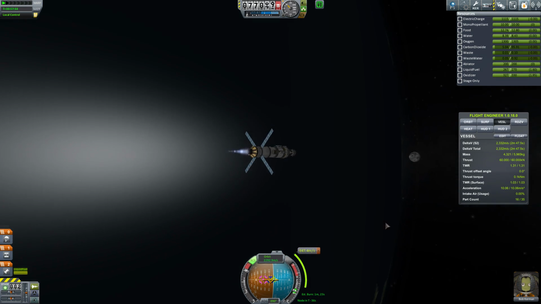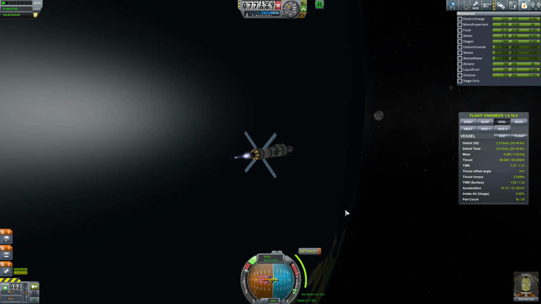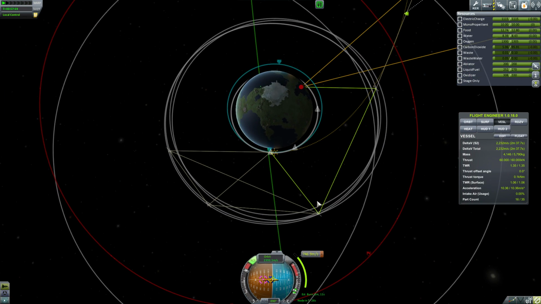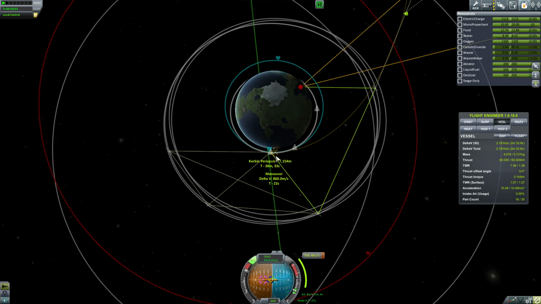Come on. There we go. All right. So we are performing our burn, and we are right on that maneuver node, which is fantastic. Let's jump out to the map view, and we can watch this thing happen. And actually, I believe at this point, well, no, we need to leave the maneuver on until the maneuver is